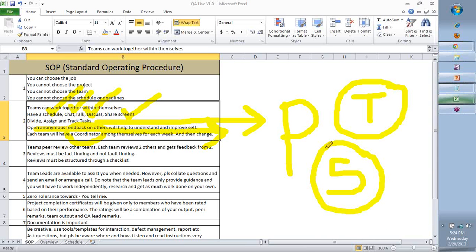Primarily, you decide what are the activities that a coordinator has to do. Like at the end of everything, sending out an email to the QA lead for reviews, collecting questions from everyone, collating them together and sending them to the QA lead, or deciding that it is very important, we need to speak to the QA lead, I need to organize a session, so one of you.